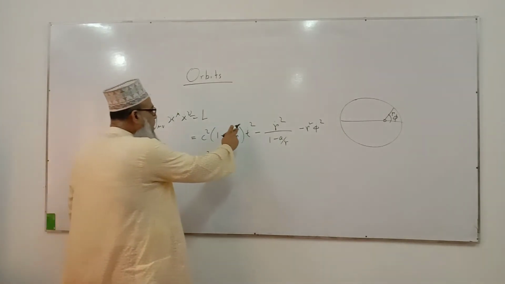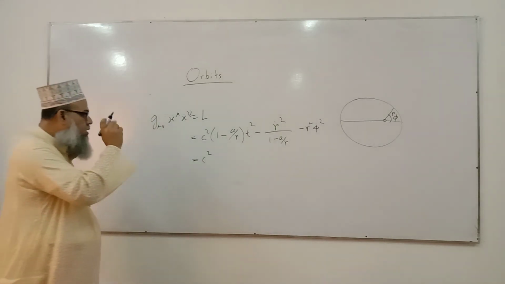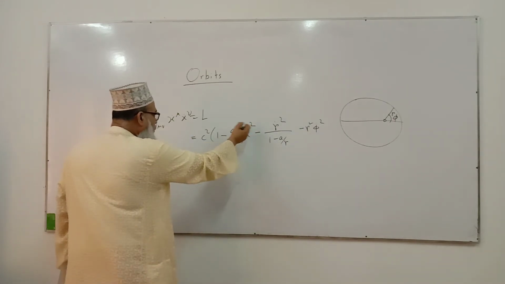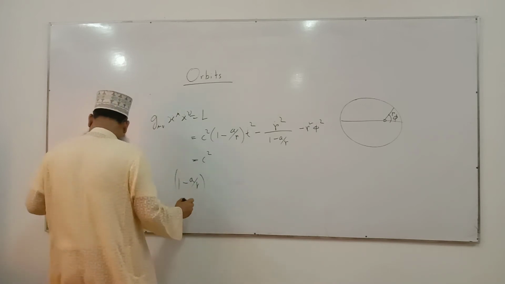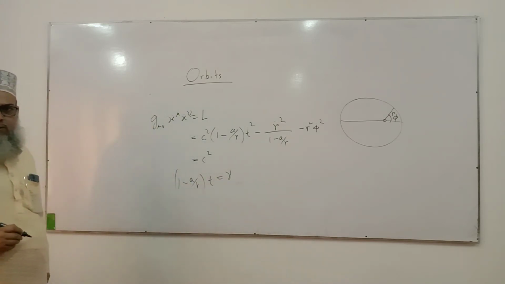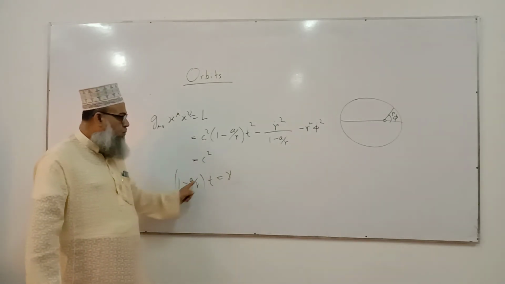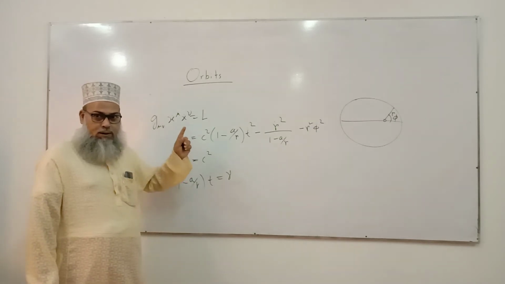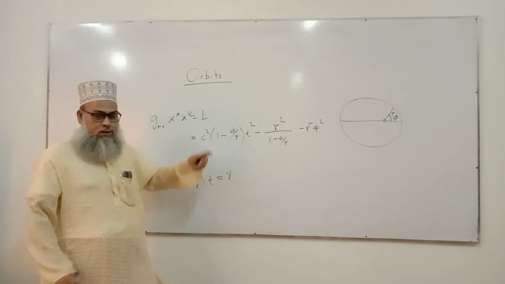Now t is cyclic, there is no t. If we differentiate with respect to t dot, we get 2 t dot, the 2 and c square we cancel, and we write (1 - A/r) t dot equals gamma. This is our definition. Surely this will be a constant, because we know that del L by del t dot is a constant since t is cyclic.